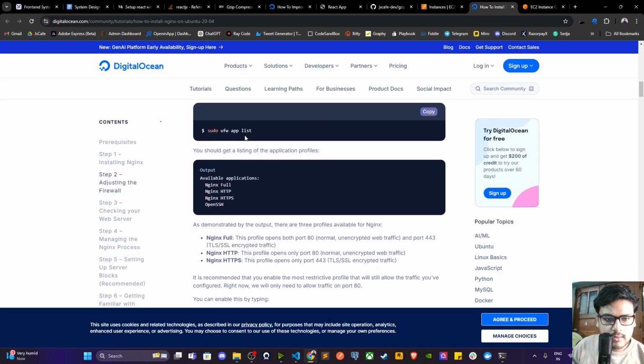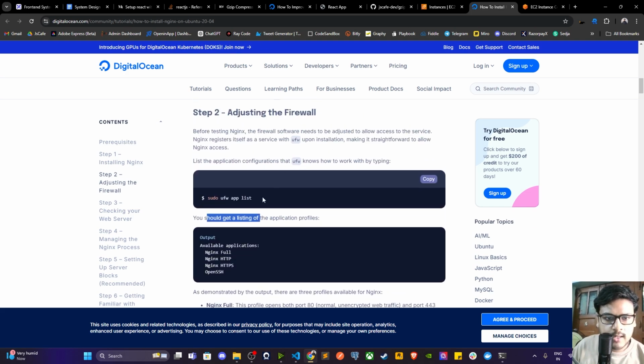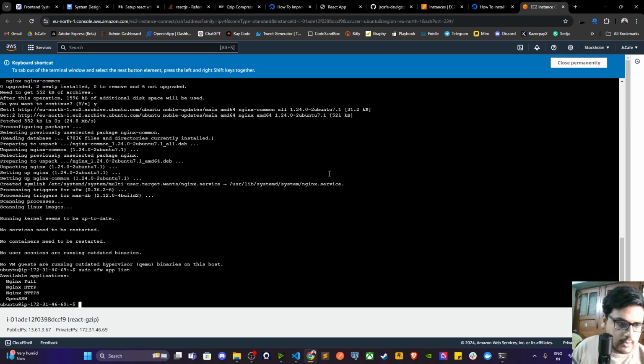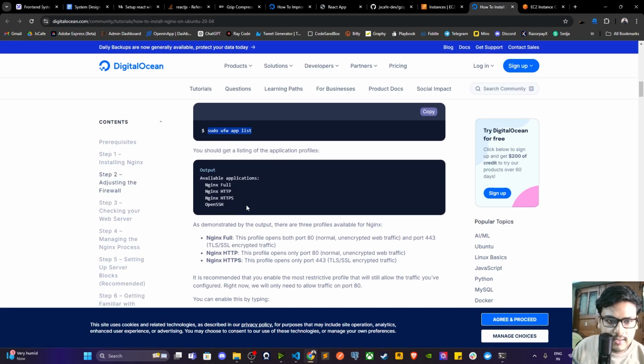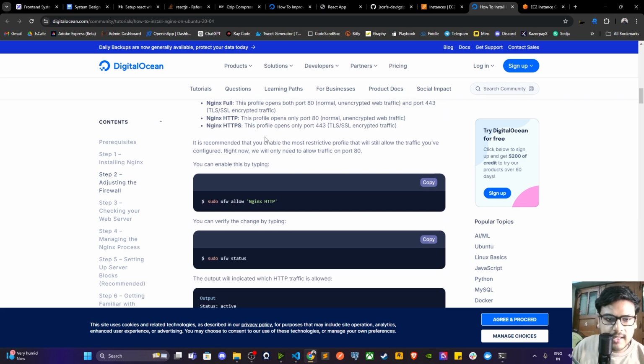I don't think this is required, but anyway, let's try doing this. Nginx Full, Nginx HTTP, HTTPS. So it is already enabled,